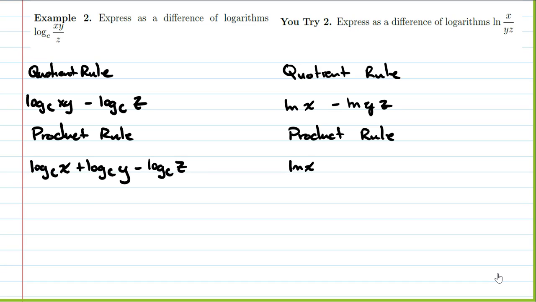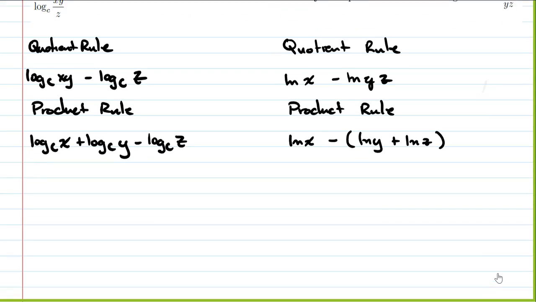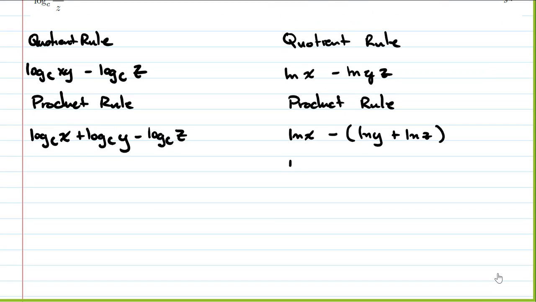So we have the natural logarithm of x minus, we have the natural logarithm of y plus the natural logarithm of z. But that minus sign belongs to both of those logarithms. So our correct answer should actually be the natural logarithm of x minus the natural logarithm of y minus the